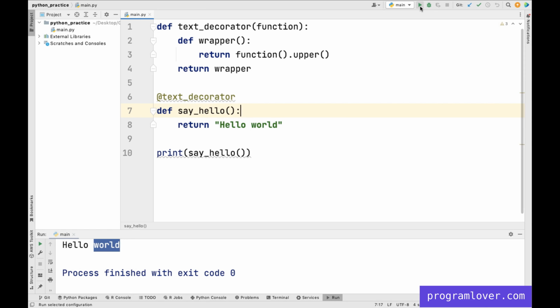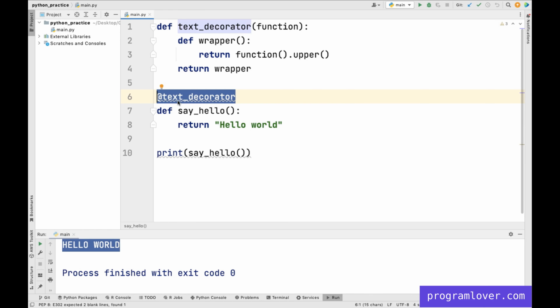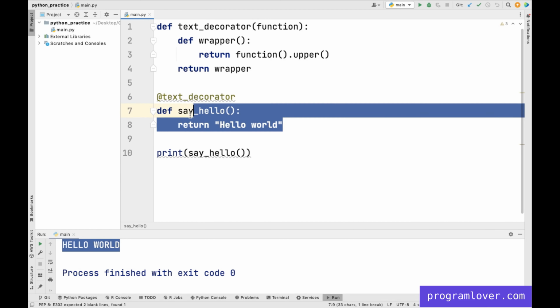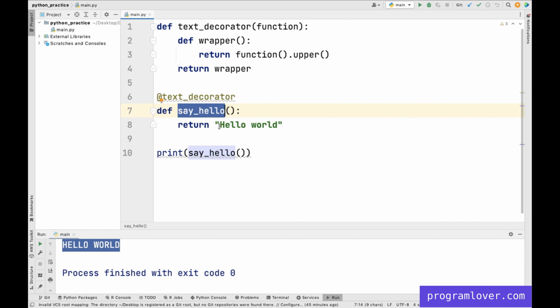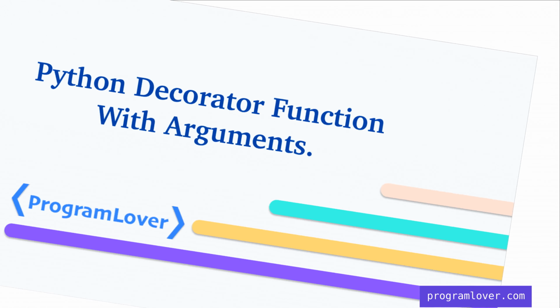After running this program, you can see all the characters are in capital letters. This is the magic of the decorator function. Here we did not make any changes to the say hello function. And without making any changes, we capitalized all the characters of the hello world text.